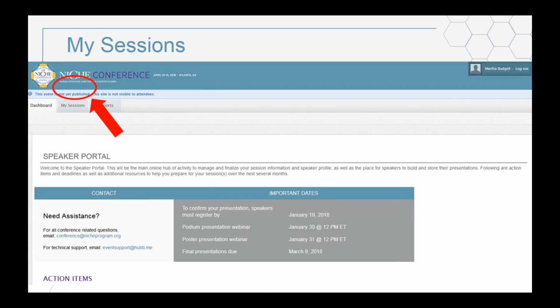If you haven't logged into the speaker portal, please do so today so that everything we discussed here can be reinforced by you actually viewing it and looking at what you've got to work with. And you can find that link in your original congratulations email that was sent from us back on January 9th. I'm pretty sure that was the date. So find that email and then you can log in from there.